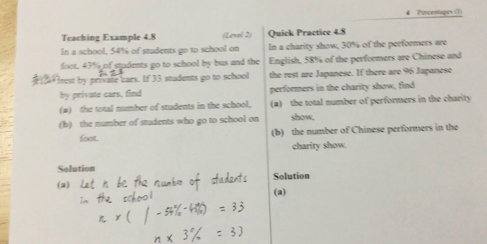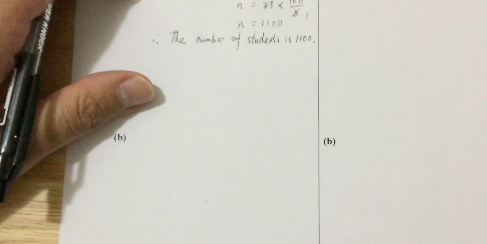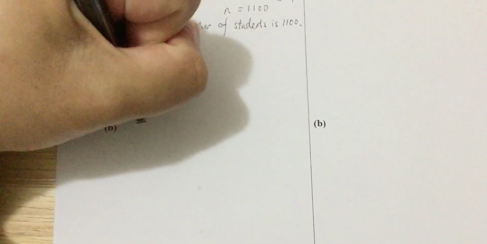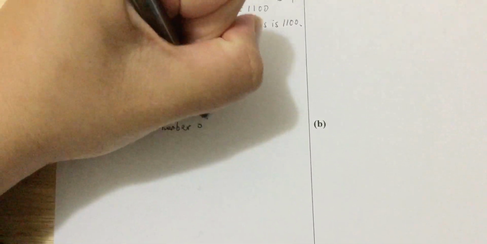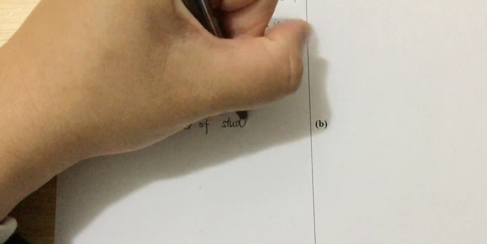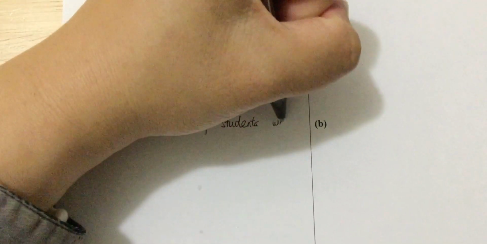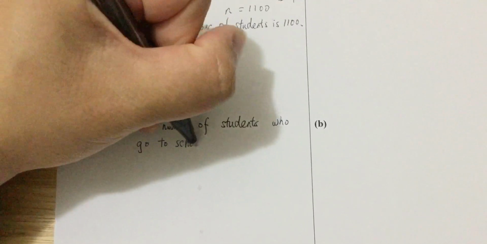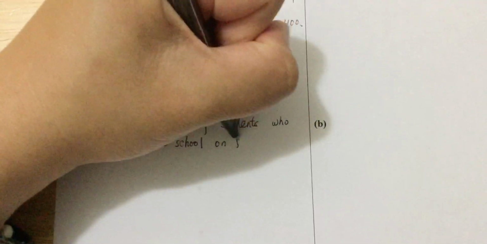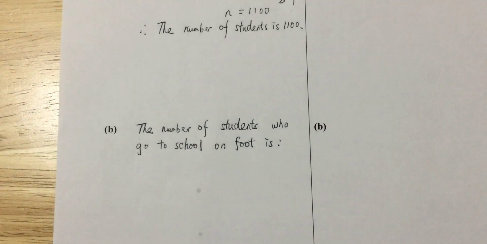So we're going to write down the answer: the number of students who go to school on foot is